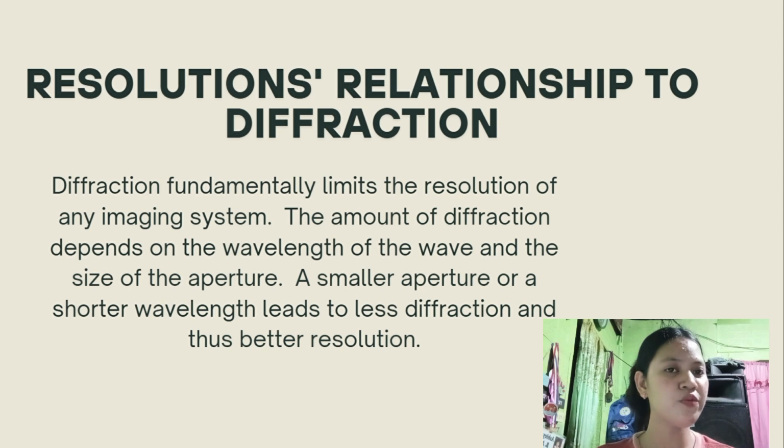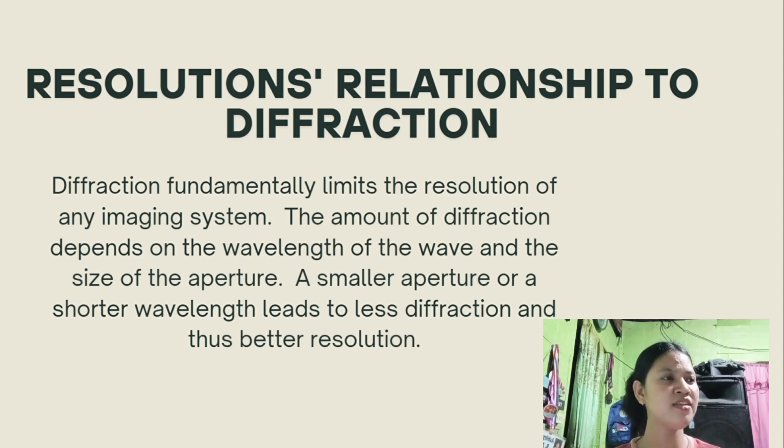In other words, diffraction limits the resolution because it causes light from a point source to spread out, blurring the image, and no matter how perfect the lens is, diffraction sets a fundamental boundary to the finest